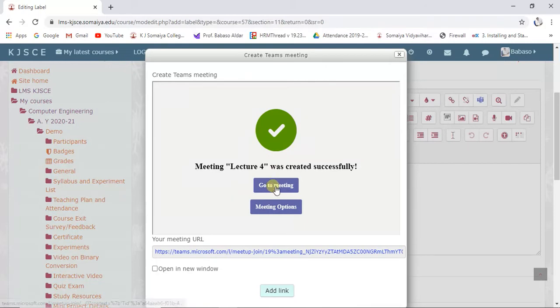Now you can directly go to the meeting, or you can explore the meeting options. This is the link created, so you can click here and open a new window.